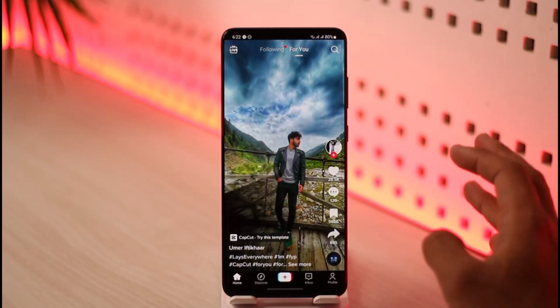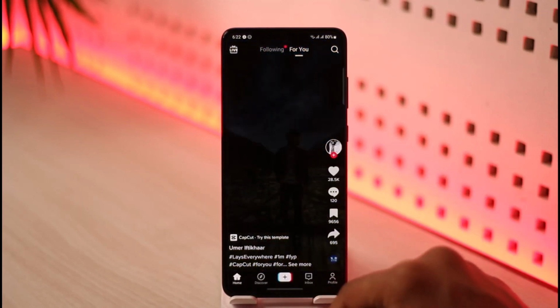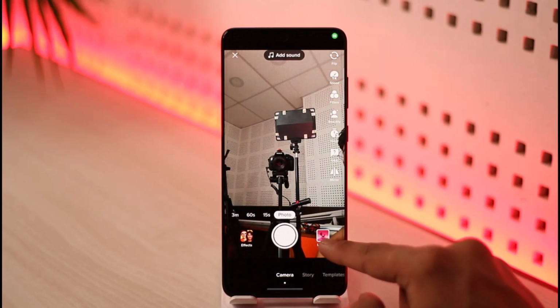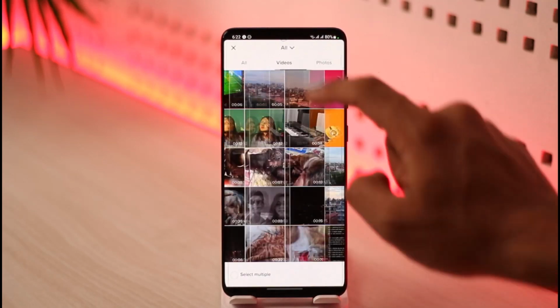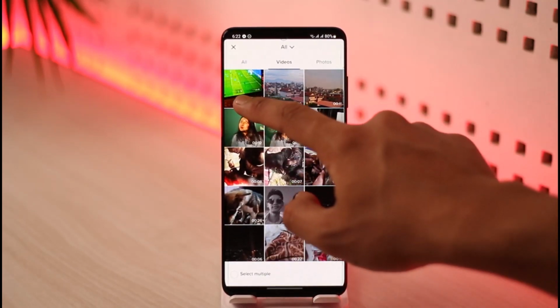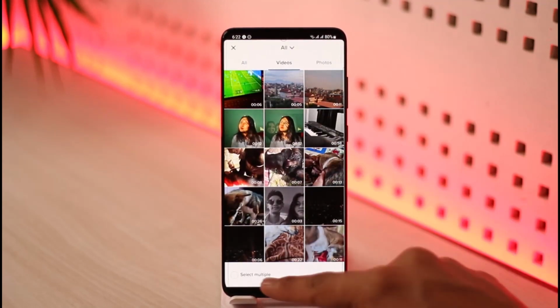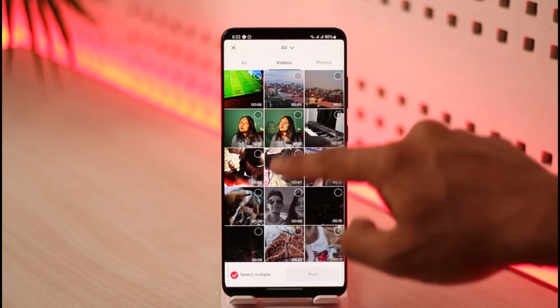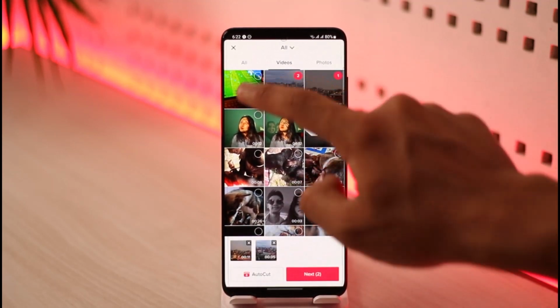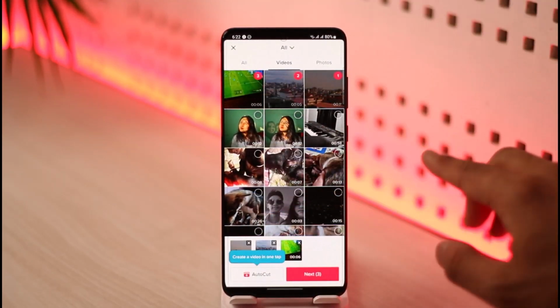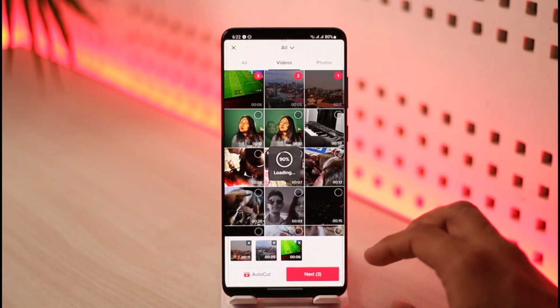It's very simple. Now one way you can do this is by just tapping the plus icon from the bottom and then just going to the upload button here and then going to the videos tab and then selecting the videos that you would like to upload in this case. So you can just go ahead and choose the option called select multiple. So from the bottom you can say select multiple, just select that and then make sure to select the videos that you want to add. This will automatically add multiple videos and then it'll just tap the next option in order to be able to